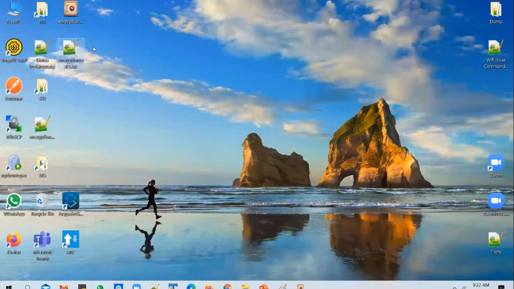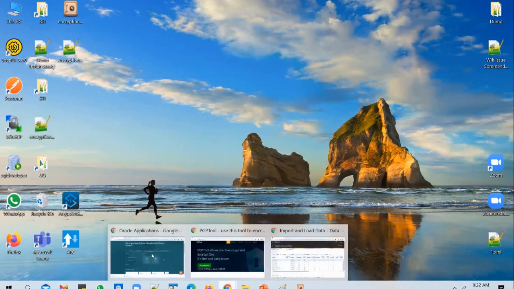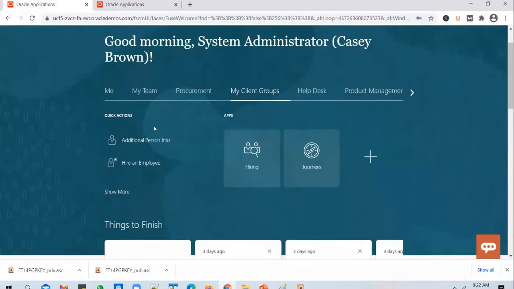Okay, since we are talking about applications in the cloud and exchanging files with cloud applications like ERP Cloud or HCM Cloud, it supports PGP encryption out of the box, and it is extensively used for both inbound and outbound integrations. So I'll show you how to use this encryption option in terms of outbound integration, when we generate a disbursement payment file. I'll show you how you can encrypt a file and place it in SFTP as an out-of-the-box option. And this is how the PGP encryption works.